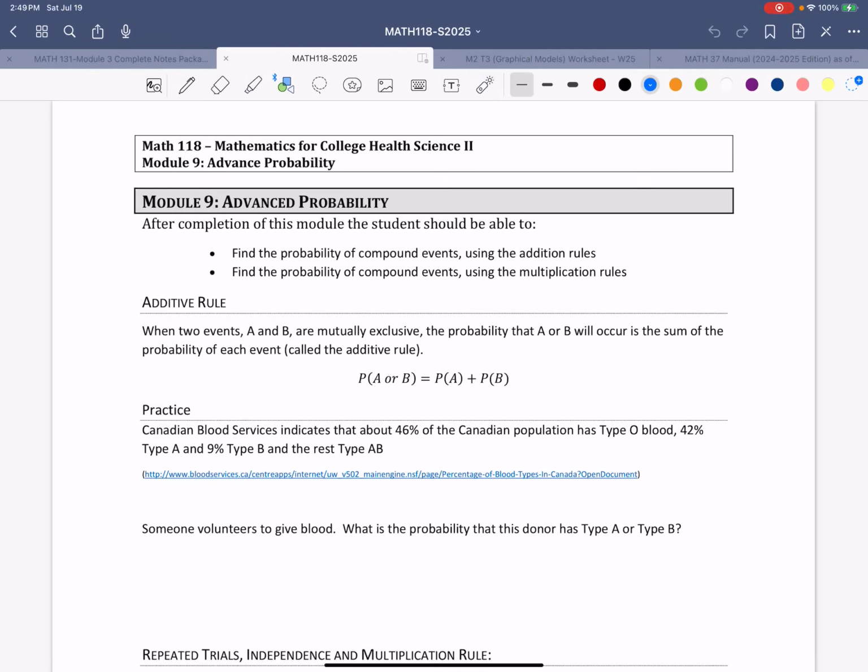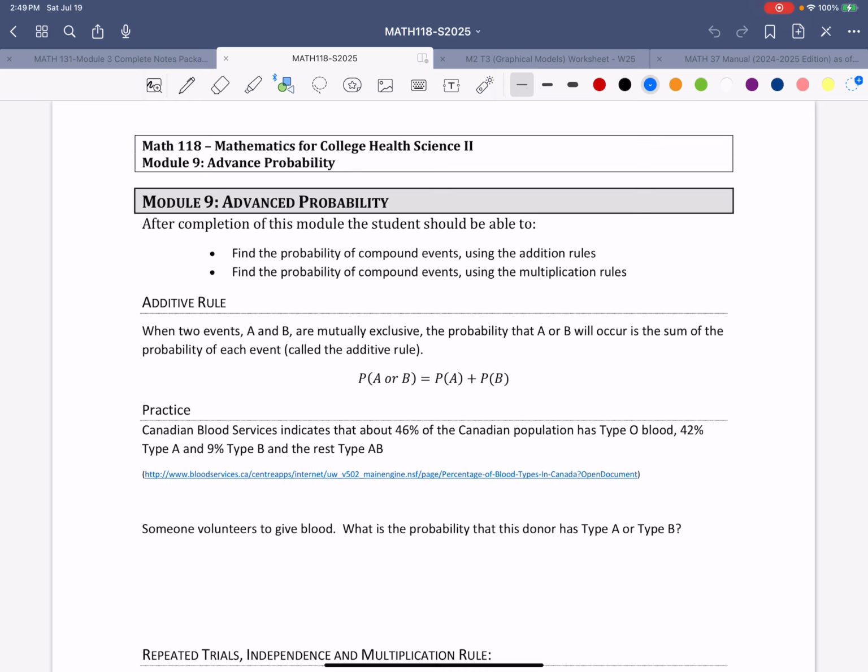Hello everybody, and welcome to this video on Module 9, Advanced Probability. Before this lesson, we've been talking about basic probability, what is the chances or likelihood of an event to occur. Our examples remained fairly simple. Now what we're going to get into is some more advanced probability, where we're finding probabilities of compounded events